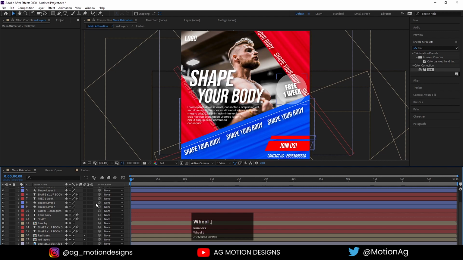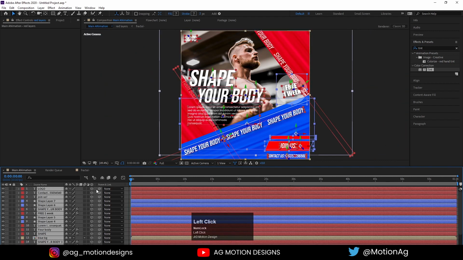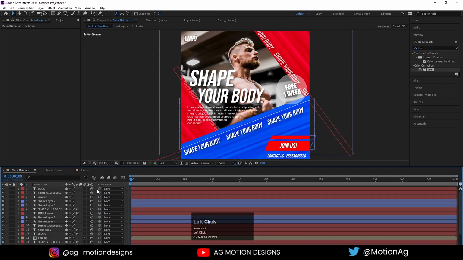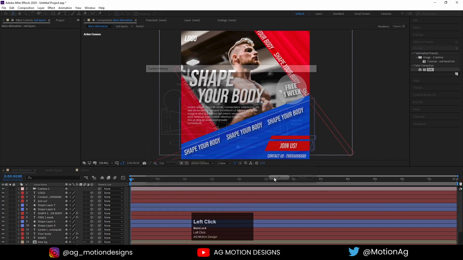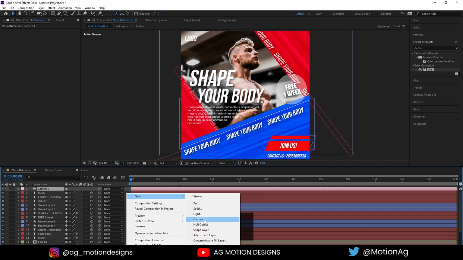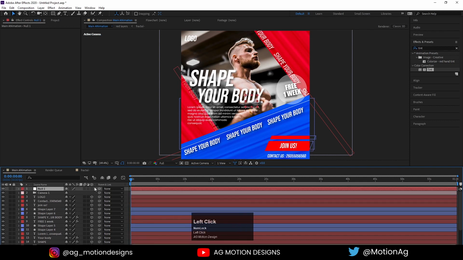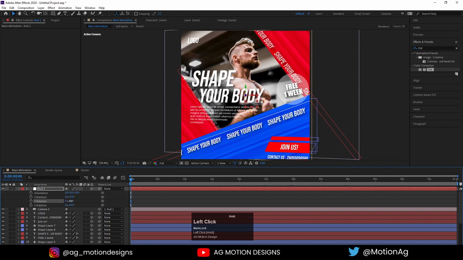Now after this, what we need to do, select all of them and make those layers 3D. Now after that, go to the new camera, hit camera, create one null object and make that null object also 3D. Select this camera and make a parent with this null. Press R for rotation. As we can see,